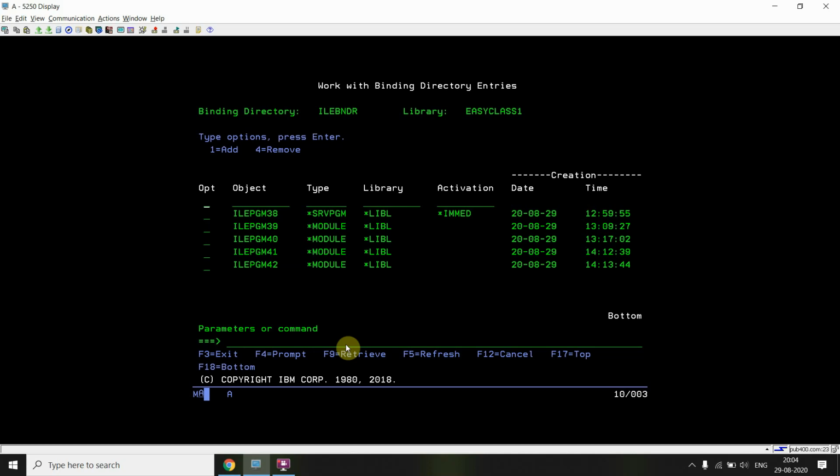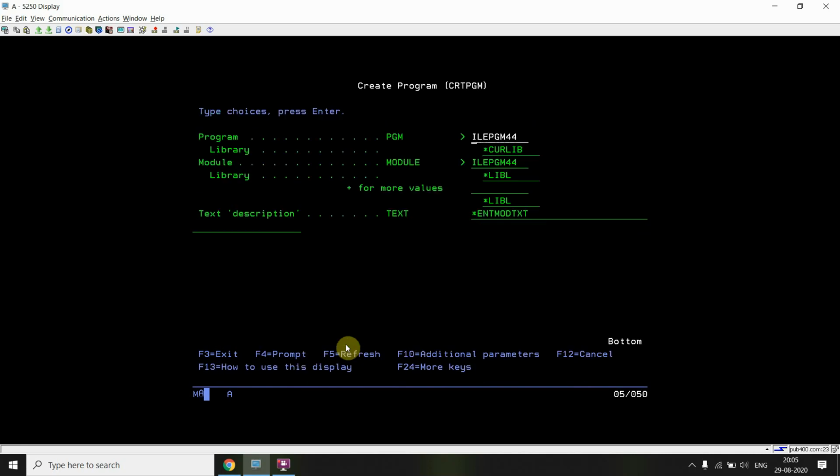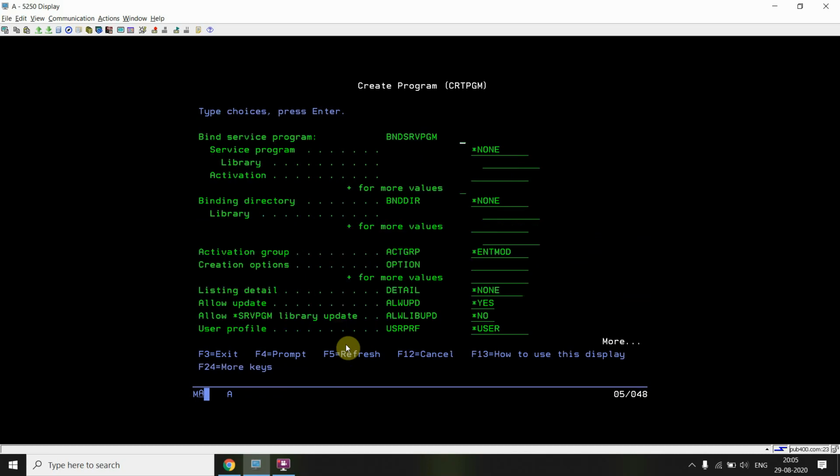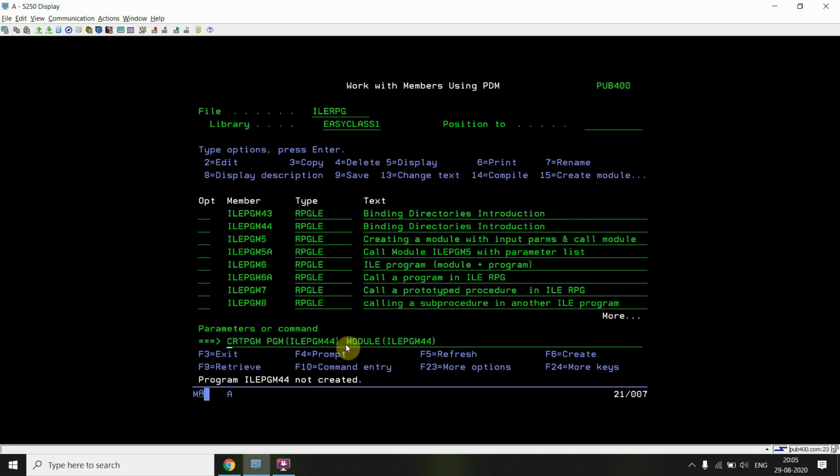I'll add the service program ILE PGM 43, *SRVPGM. Now I have added the service program object. Now I'm going to create a program. Here I'm not binding any service program, because I mentioned everything in that binding directory. Let's see what error occurs.